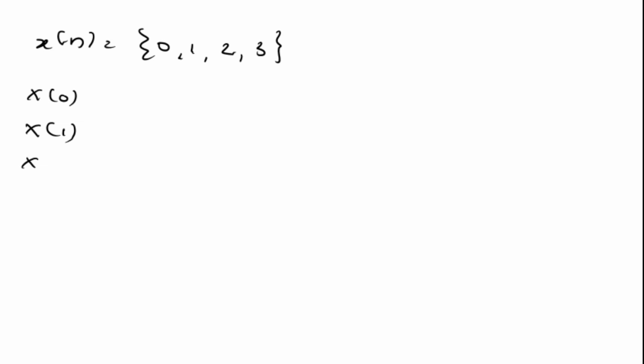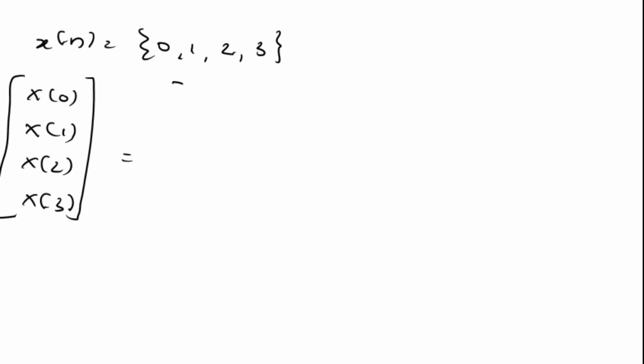So we can write x of n as 0, 1, 2, 3, or x of 0, x of 1, x of 2, x of 3